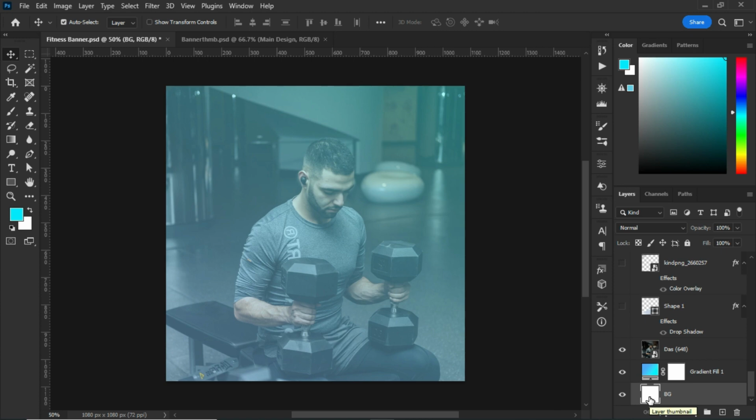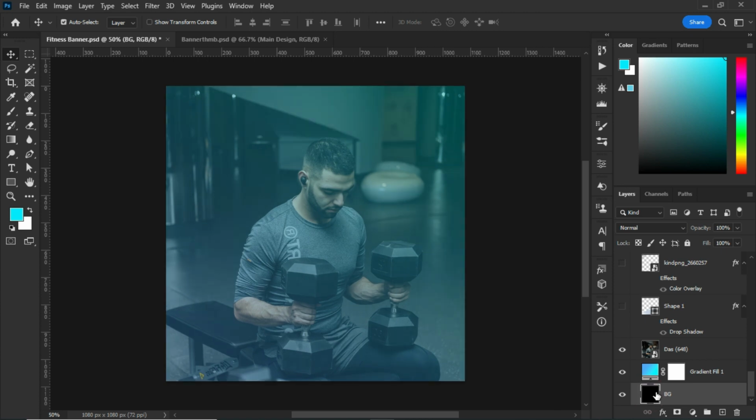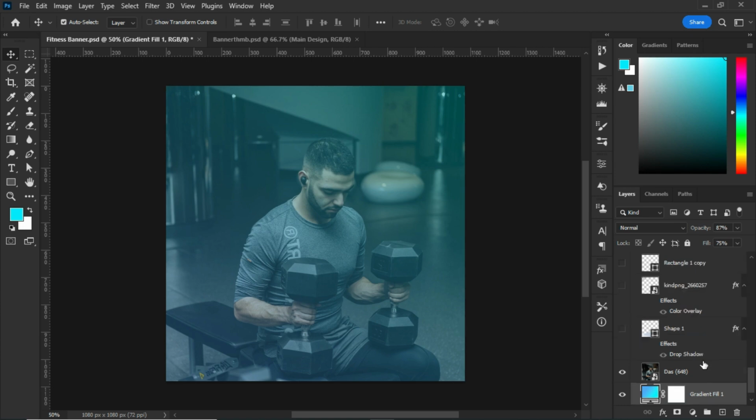After that, come to the gradient color, change the opacity to 75%. So after that, the next thing you have to